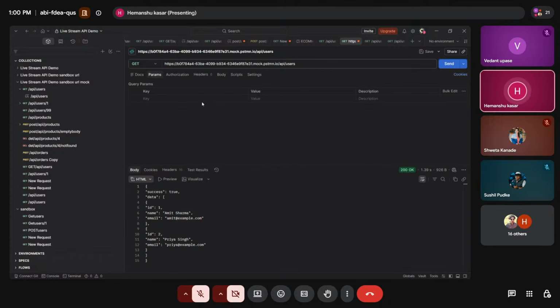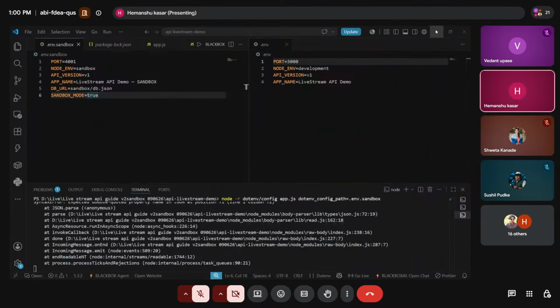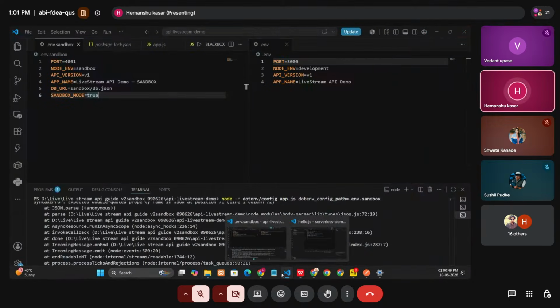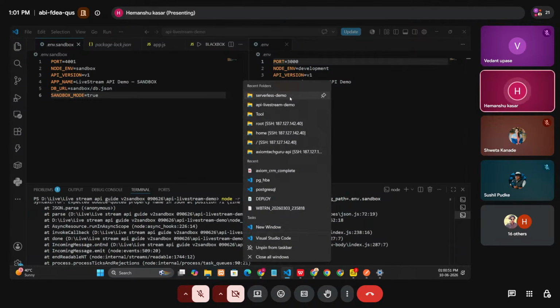Now coming over to the serverless deployment on Vercel, where we will not require any server. I have just created one function which we can deploy on that server.